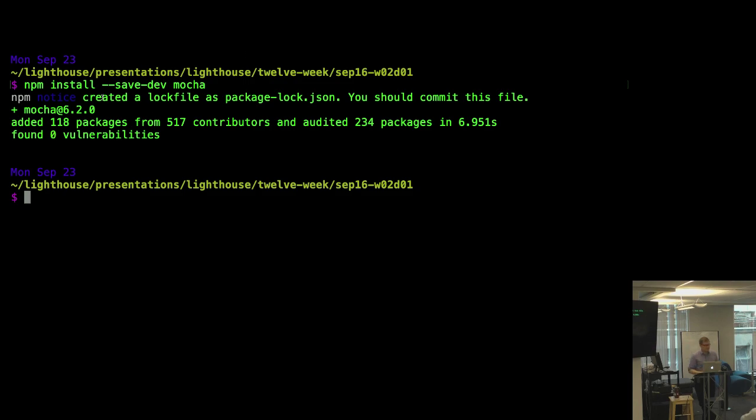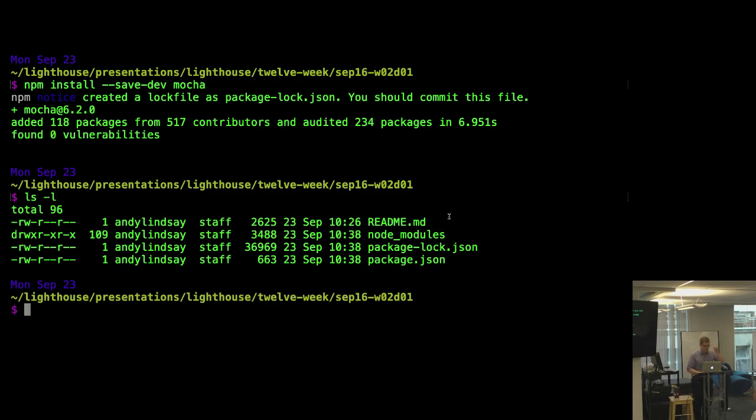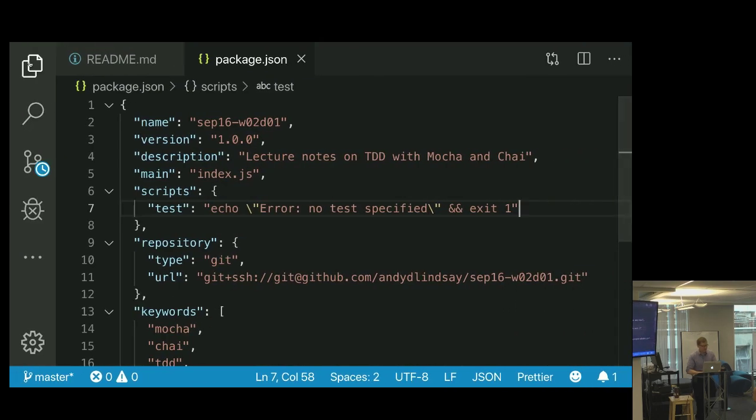Cool. So it did a couple of things for us. It said that it created a lock file called package-lock.json. It recommends that you commit this file into your Git repo. So if we ls -l, we see that we now have a node_modules folder and a package-lock.json that were created for us. Package lock, if we take a look at that,